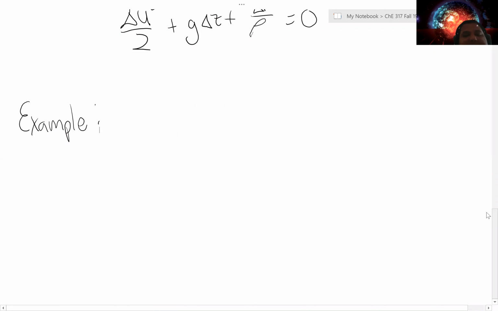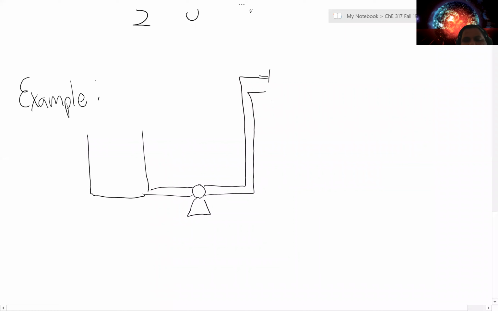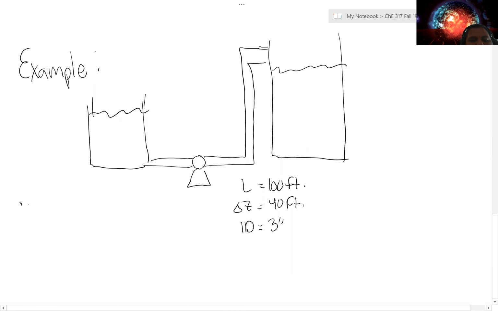So with these type of examples, one of the things I like to do is draw a picture because it really helps me at least visualize what's going on in the problem. So I've got a supply tank, storage tank, and I'm using a pump to transport fluid between the two. Now in the problem, it said I've got 100 feet distance. My height differential was 40 feet. The diameter of the pipe was 3 inches. And I'm transporting N-pentane,